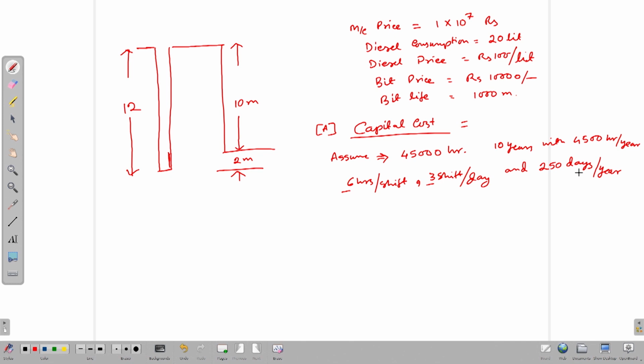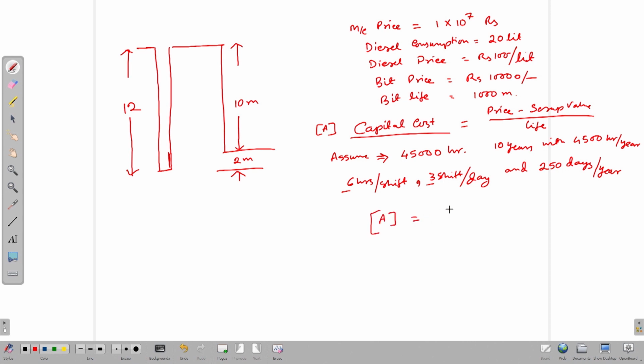So, capital cost we know is the price minus scrap value divided by life. This is the easiest way to calculate the capital cost. There are other ways where we consider other components also like depreciation, interest, but for this very first tutorial we are not considering those components, but anyone if wishes they can calculate that. So, we consider the scrap value is 0.